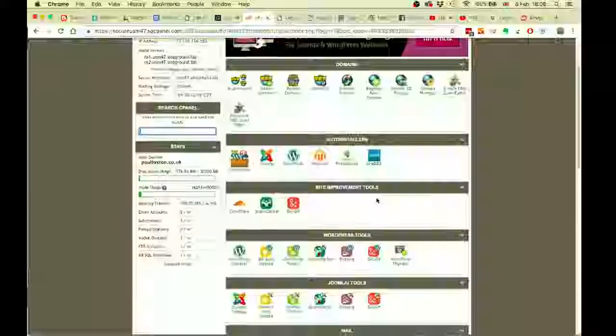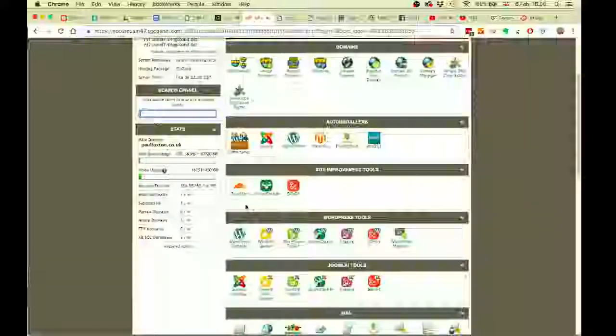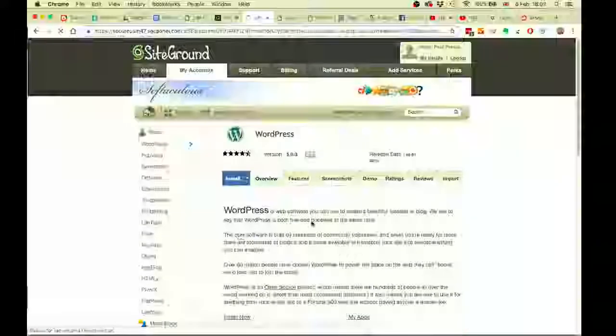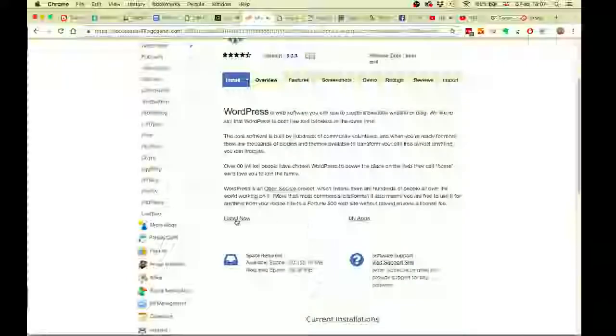But if I was in SiteGround and I wanted to install WordPress, you don't have to know any code. It's really simple. You just click on the WordPress installer there, and it takes you straight into this. And you say, I want to install WordPress now. And then you choose this. You want HTTP. HTTPS is if you've got